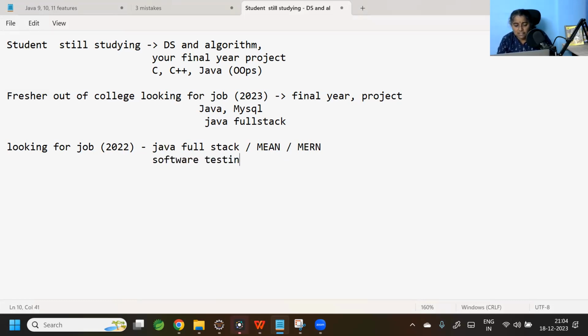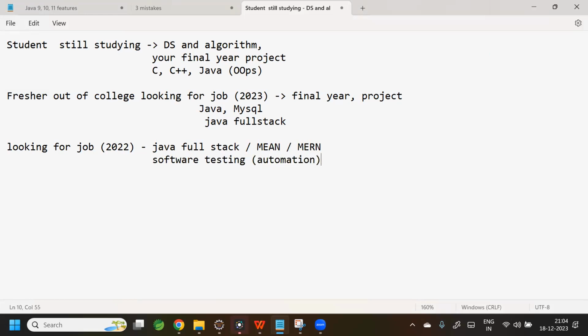There is automation testing, which is available. Automation testing is available, ma'am. So that you have to do properly. I would suggest, guys, please